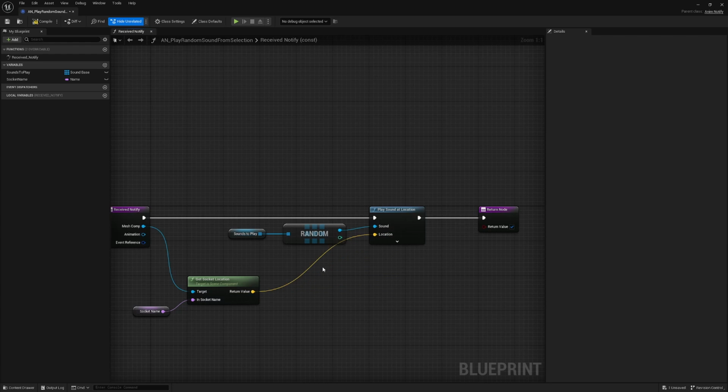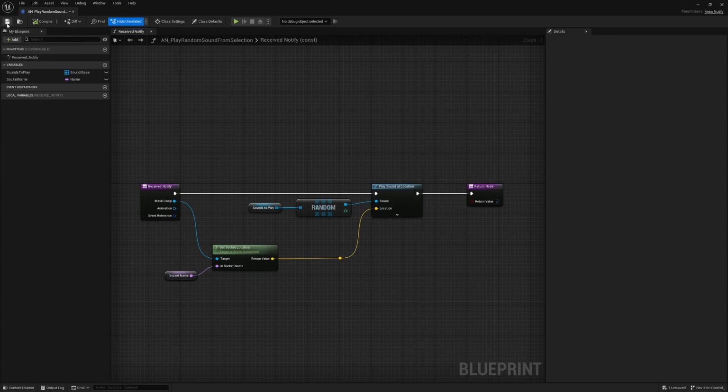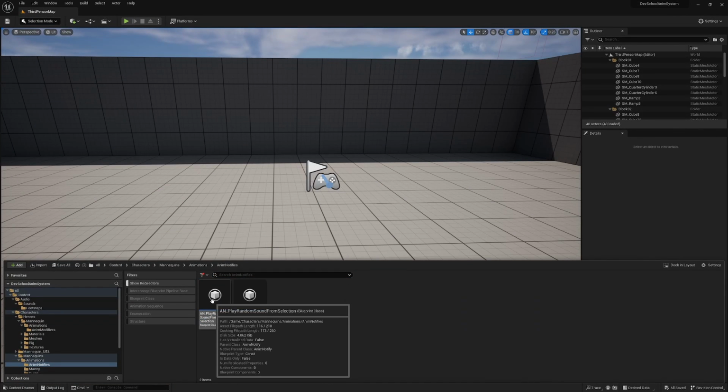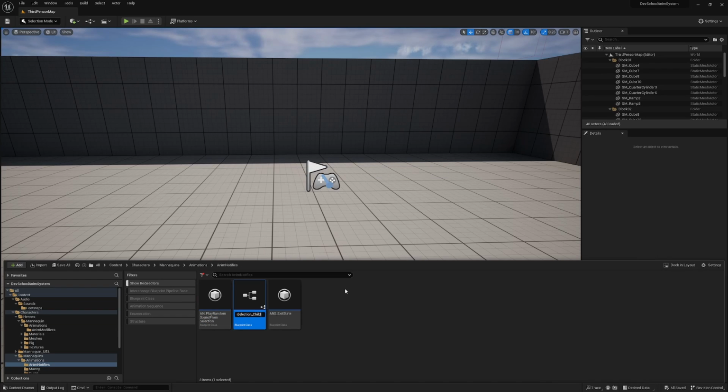I'll drag the return value into the location input for our play sound at location node. That's going to be it for this asset. I'll compile, save, and close out of it. Now I can right click on this and choose create a child blueprint class, and I will name it